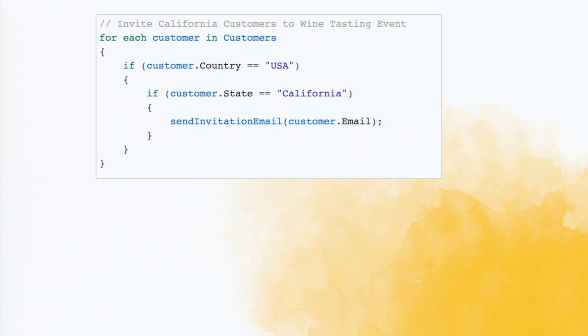So if I have 1,000 customers, and out of the 1,000, only 10 people live in California, what we'll do is take all the 1,000. The application checks in the first if whether the customer's country is USA, and then it checks whether the customer state is California. So instead, we can remove this nesting